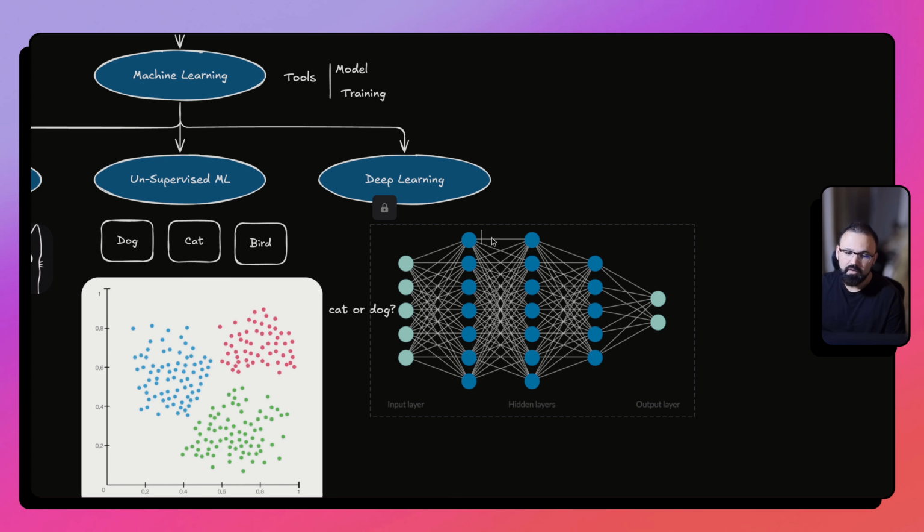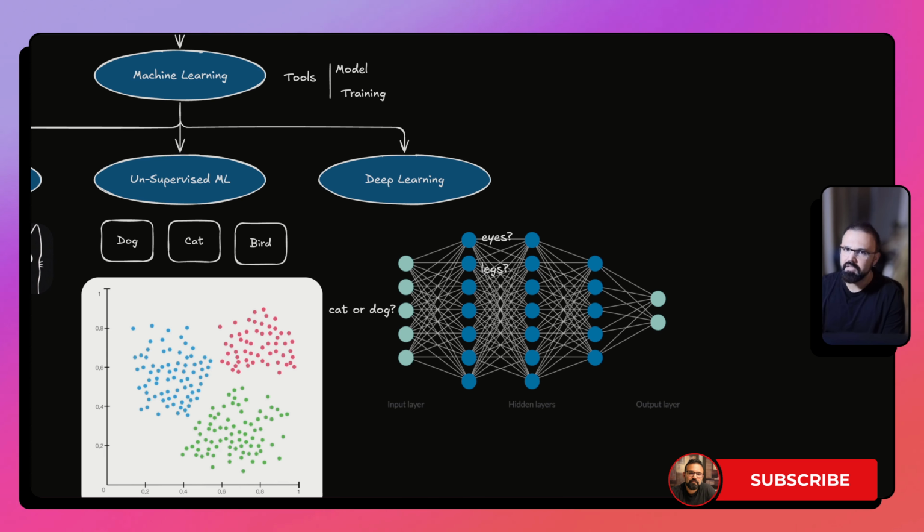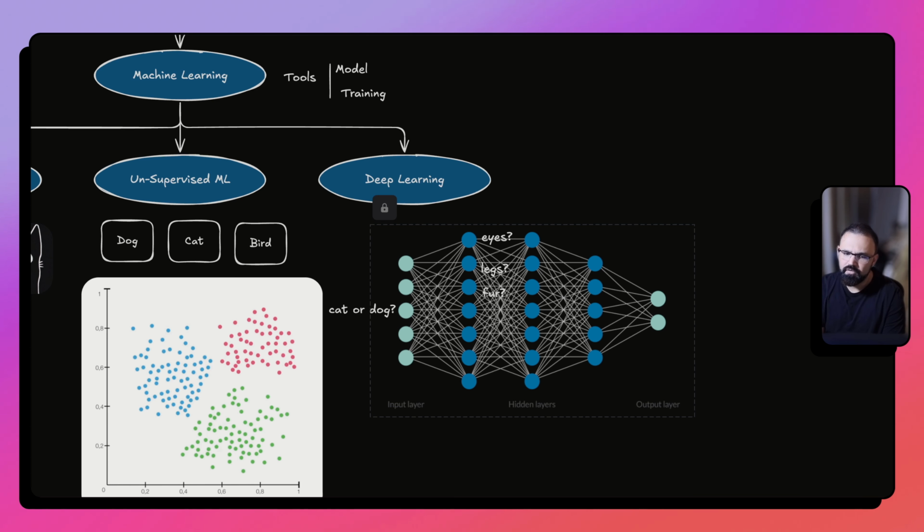So for example, each node would, as the human brain works as well, right? For the human brain, there are sets of neurons which make the decision based on some of the features that they're actually observing in an image, for example, right? So let's take us as an example, where if you see an image, the first thing we'll see is how the eyes look. Does it match with which type of animal, right? Then we might look for other areas as well. Legs, right? So how many legs does the animal have? And then we'll go into further kind of investigation. Does it have fur or not, right?